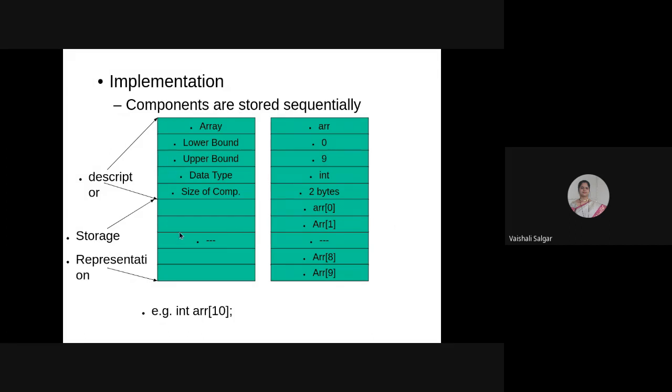But obviously, when we are talking about an array, there is a descriptor. What is the name of the array? What is the lower bound? What is the upper bound? What is the data type? Then the size of components. All those details will be stored initially, which is referred to as the descriptor of that particular array. Now, for example, in the current example which I have just written on the board, int A of 10. In that case, it is an array whose lower bound is...